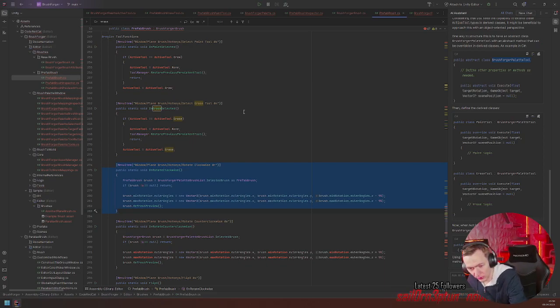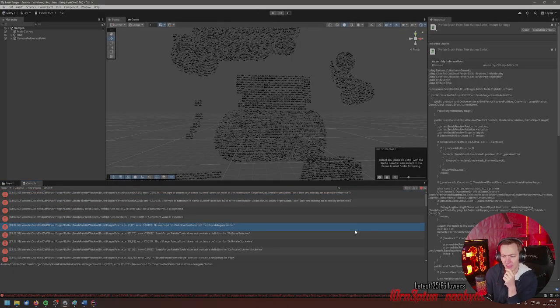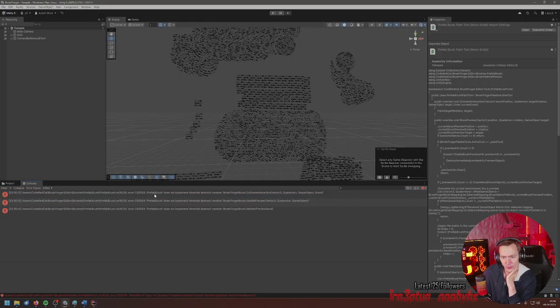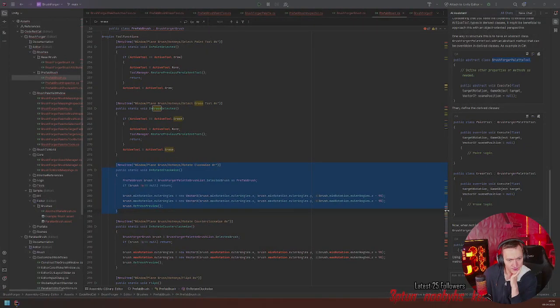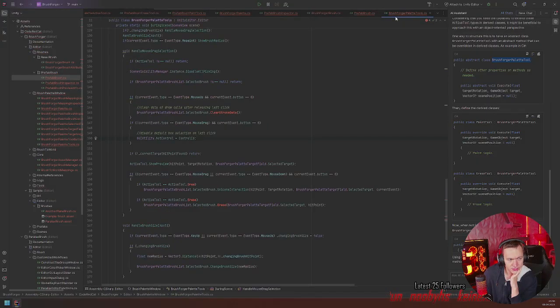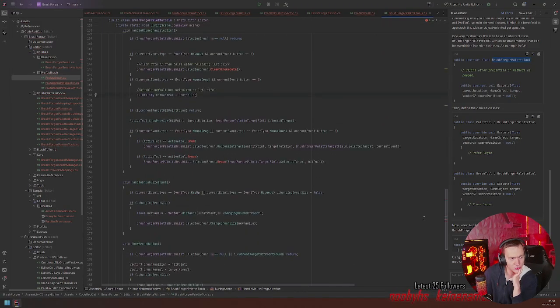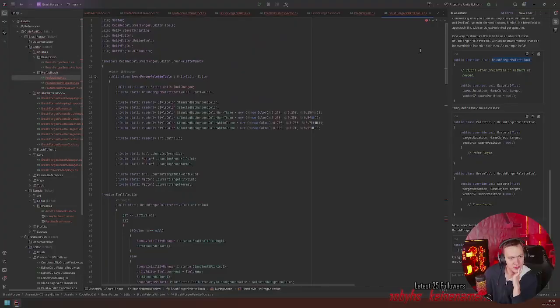So the initial goal will not be met today. The initial goal was to get rid of all the errors, but I don't see that I can get rid of all the errors today. So let's at least make the palette tools. Let's try to get the errors out of the palette tools. Yeah, so that's going to be the new goal.